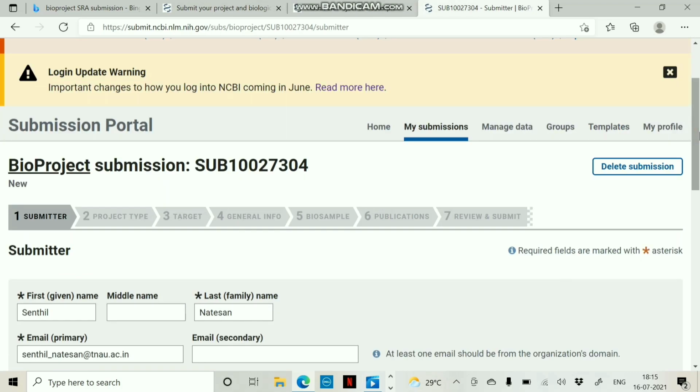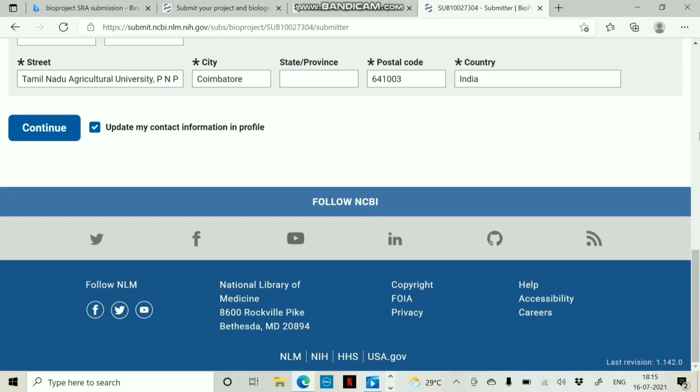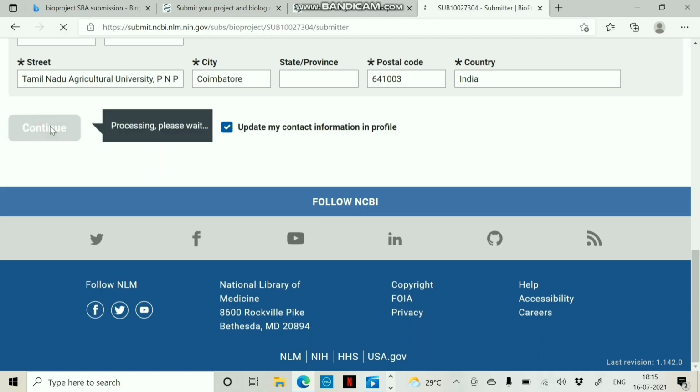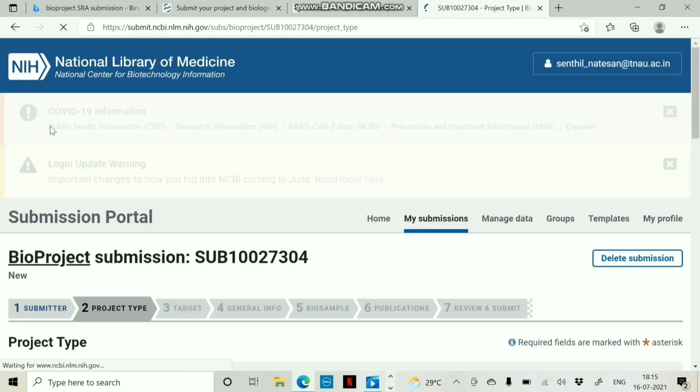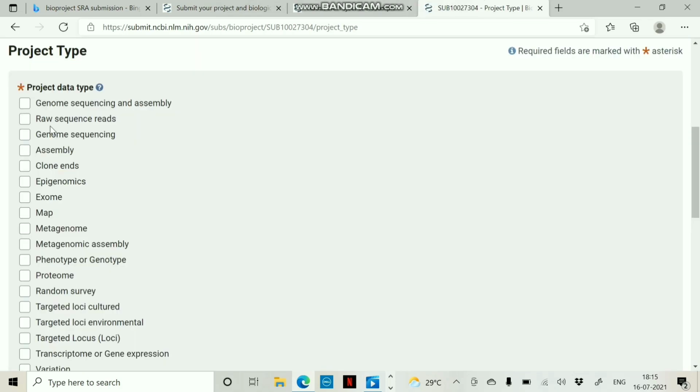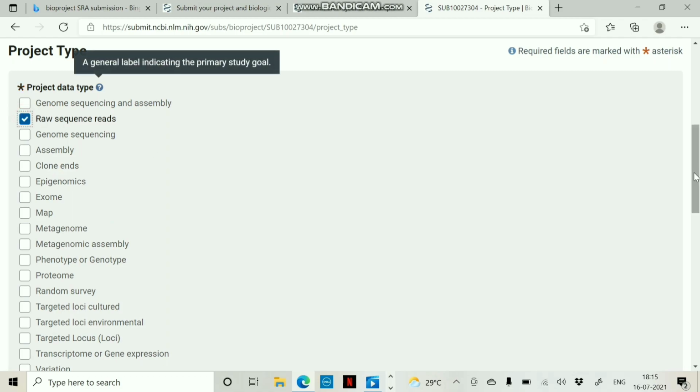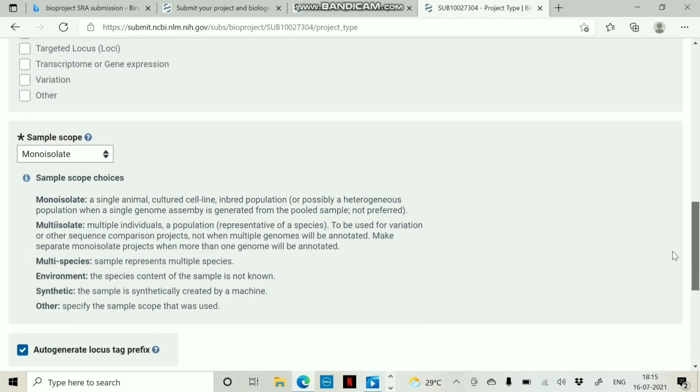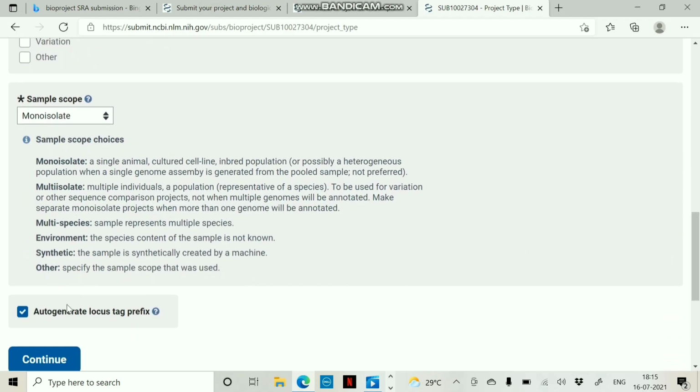Here, we have to fill in the submitter information. Click continue. Specify the project data type and the sample scope. Click continue.